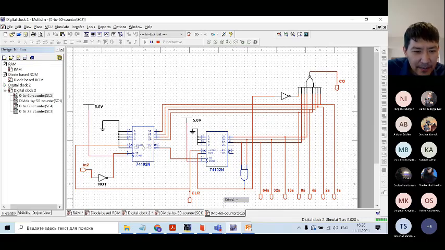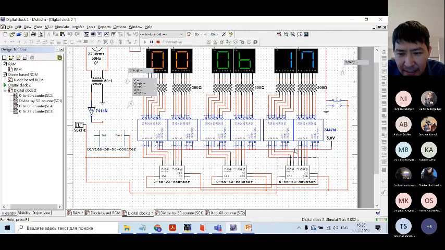Guys, it's counter, right? By cascading of these two counters. Yes, by cascading. Counter in the counter, like up and down. So I just cascade these two counters, and this both counters in this combination they will count from 0 up to 59, and then you can see all the outputs